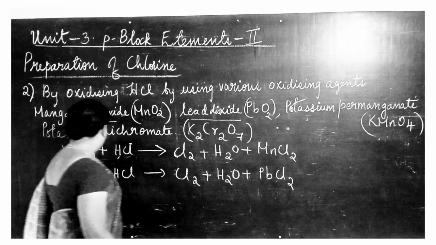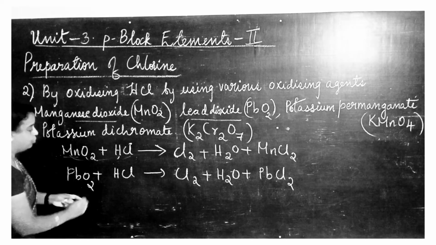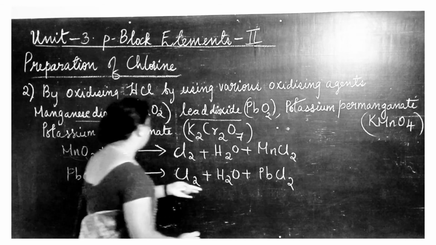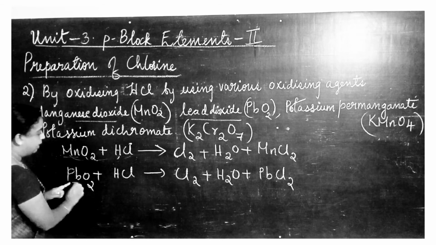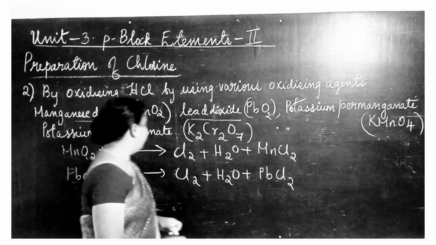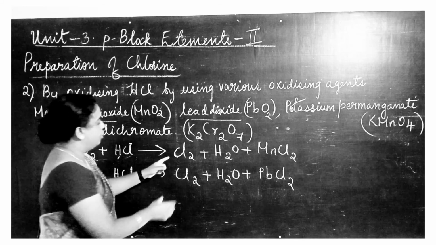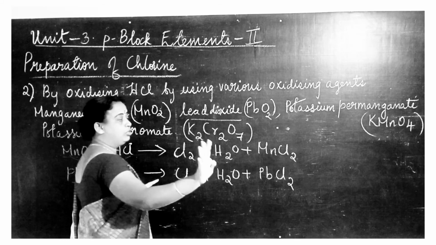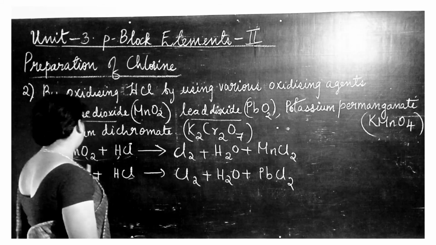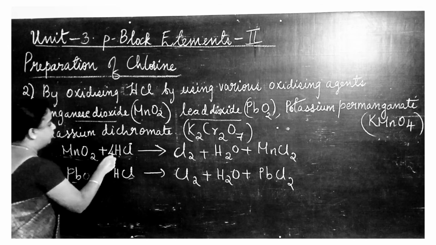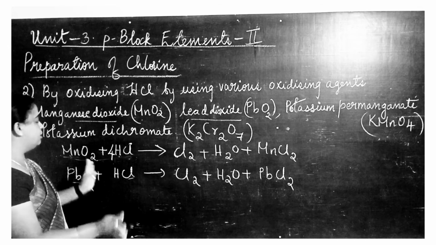Okay, likewise here also lead oxide PbO2 reacts with HCl to form chlorine and water plus lead chloride. So this lead Pb and chlorine combine to form lead chloride, that is PbCl2. Okay, now let us balance here. So on the right hand side 2 chlorine and 2 chlorine, so 4 chlorine atoms on the right hand side. So in order to balance, let me put here 4. Okay, now 4 chlorine, that is balanced.